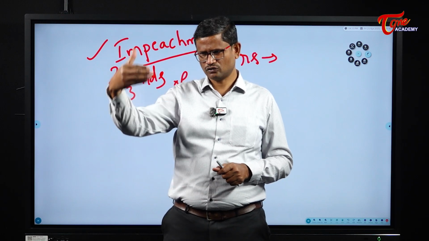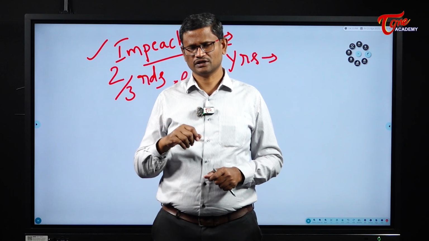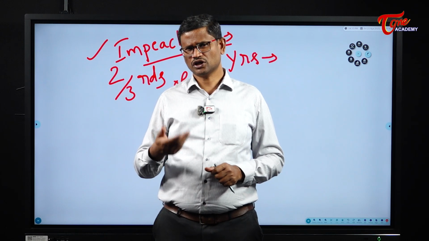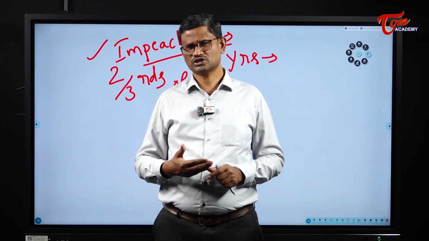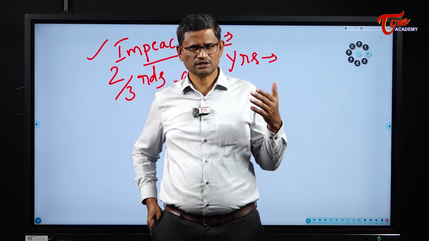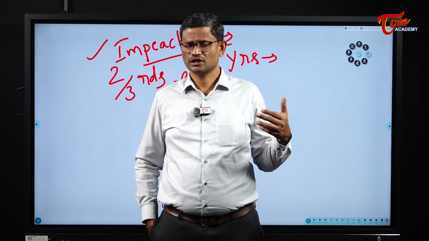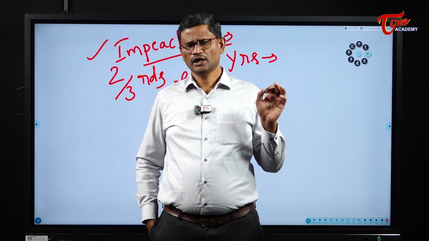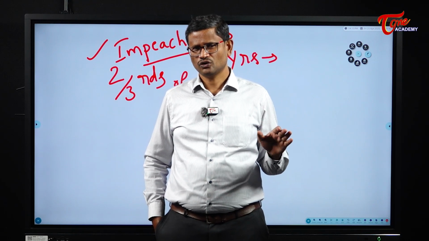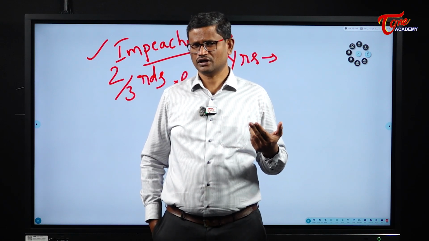So in the entire strength of Lok Sabha, irrespective of the vacancies, 2/3 of the members shall agree. Similarly in Rajya Sabha, irrespective of the number of vacancies, in the total strength, 2/3 of the members shall agree for the removal of the President. So if the impeachment motion is passed by this majority, then the President of India stands removed. So it is very difficult to remove the President of India because you need a very tough majority. Obtaining that majority is very difficult.